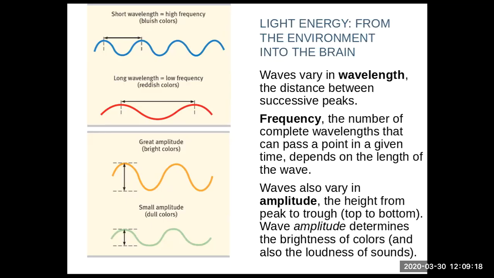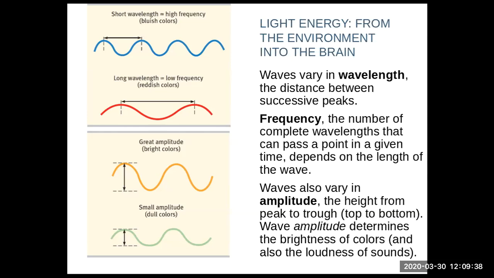Waves also vary in their amplitude, as I said, which is the height. So you can see on the bottom that the bigger the height from the bottom to the top of the wave, only 1 peak, only 1 cycle, right, 1 wave, is its amplitude or intensity. So it's the height from the bottom of the wave to the top of the wave.